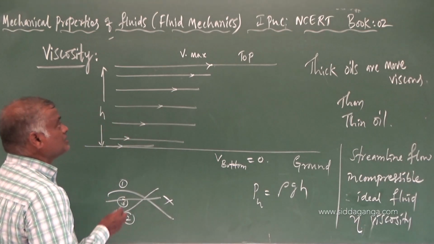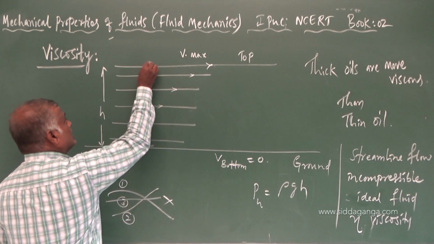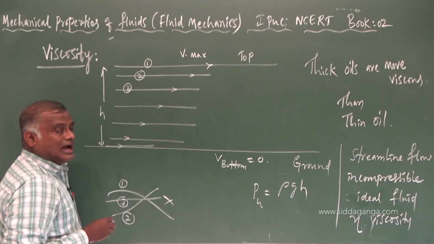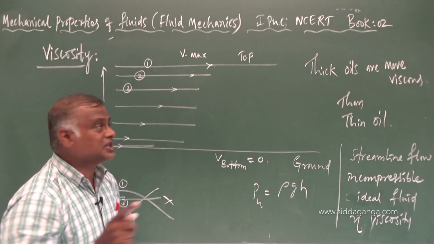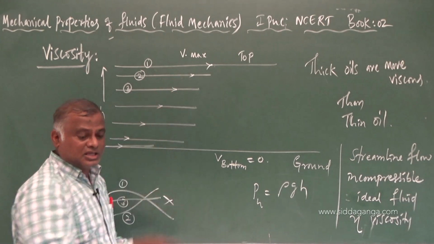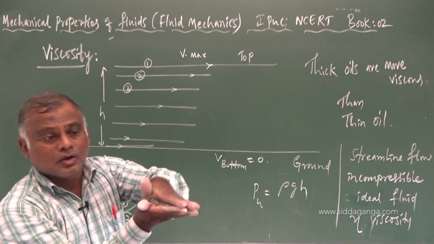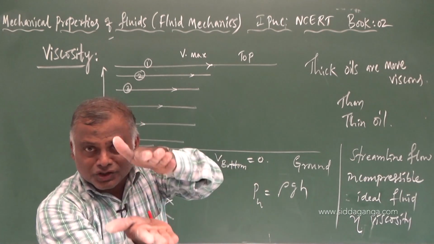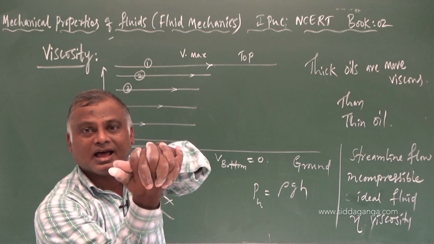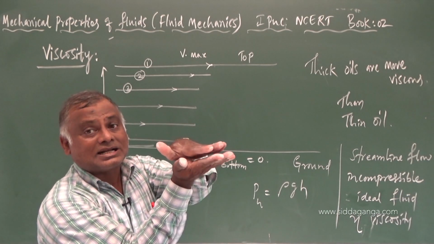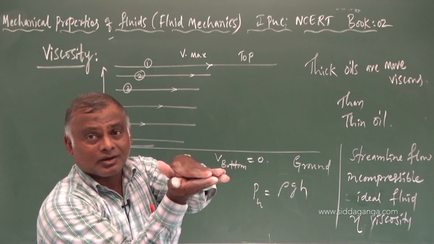Now what happens here is, say layer 1, layer 2, layer 3. Again I am requesting you that there is no gap. They're all adjacent, one with the other. ಒಂದರ ಕೆಳಗೆ ಇನ್ನೊಂದು ಲೇಯರ್ ಇರುತ್ತೆ, ಒಂದು ಇನ್ನೊಂದಕ್ಕೆ ಅಂಟ್ಕೊಂಡಿರುತ್ತೆ, ಹಿಂಗೆ ಮಿಕ್ಸ್ ಆಗಲ್ಲ. They never mix up. They are adjacent to one another.